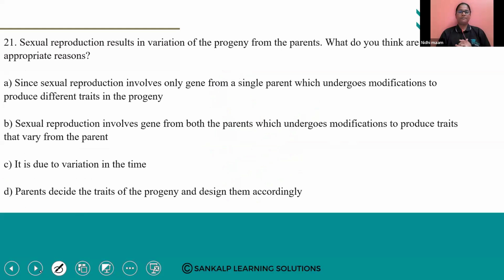Next question. See the question properly. Sexual reproduction results in variation of progeny from the parents. So we know that usually two types of reproduction are there: sexual reproduction and asexual